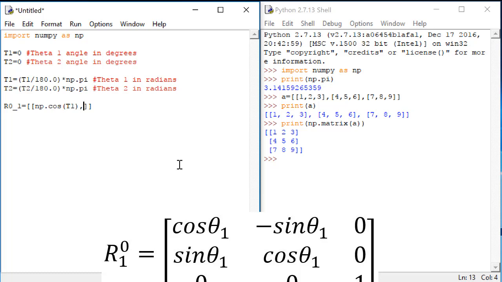Then we'll do the second element in row 1. The second element in row 1 is negative sine of theta 1. So we'll do negative np.sin t1. And the third element is 0, so we'll just put 0. Now, comma, a new set of square brackets, and here we'll put row 2. Row 2 goes sine theta 1, cosine theta 1, 0. So we'll do np.sin